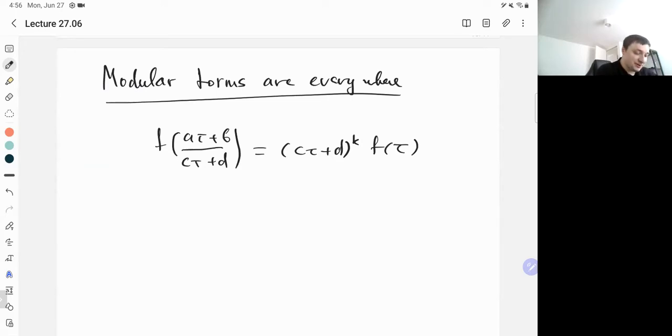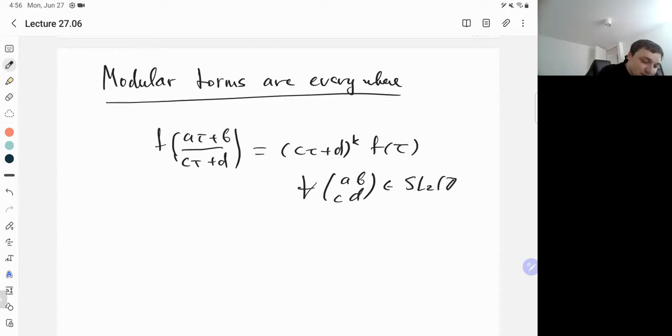So modular functions are holomorphic functions on the upper half plane, which are invariant under the Möbius transformations with integer coefficients, and modular forms. So F is a modular form